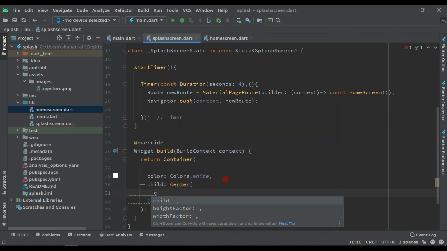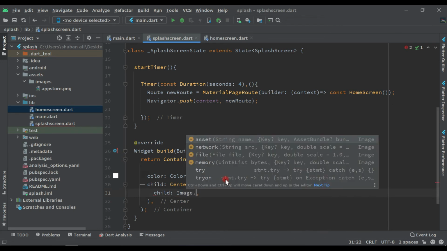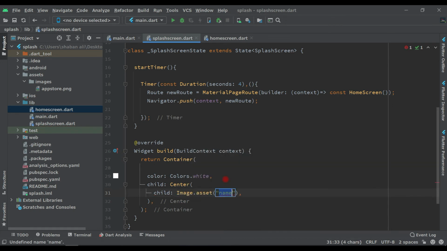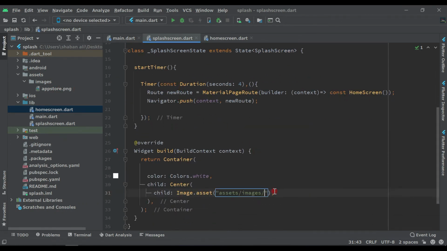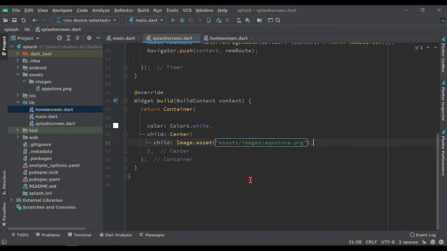Inside the Center the child will be Image.asset, and our image is inside the assets folder, then the images folder, and we have the name app_store, the same name should be here, app_store.png. That's all.